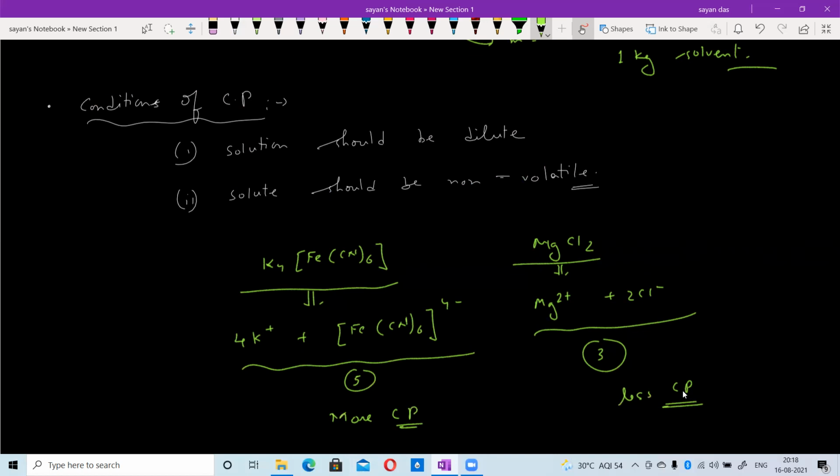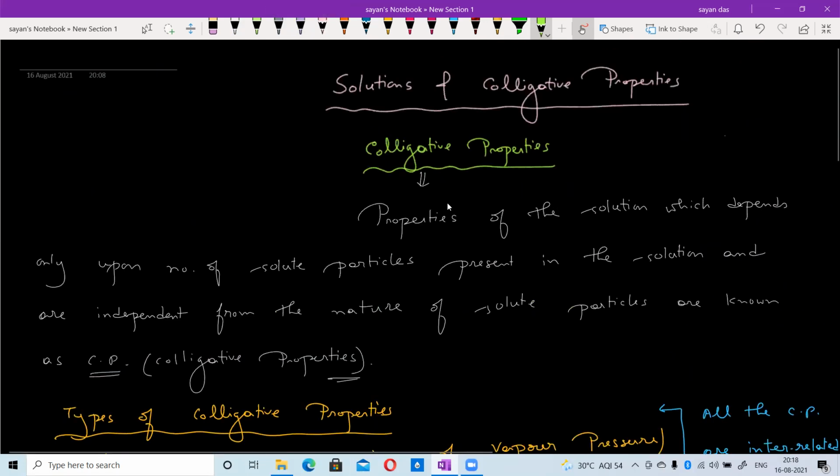Then we will go for the Van 't Hoff factor, which is denoted as i. Write it down. And colligative property is also important. Basically, the question can come in two parts: one is solution, the Raoult's law and all the things, and another is from colligative property. And colligative property is very, very easy. In this case, only i and molality, these two terms are very, very important. Molality, not molarity. Write it down quickly.